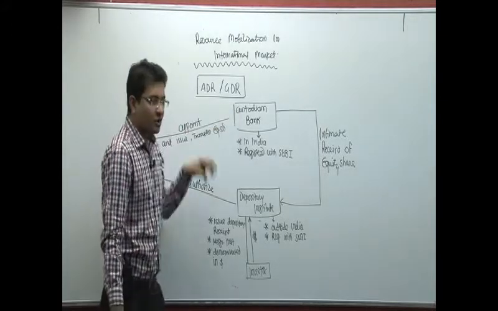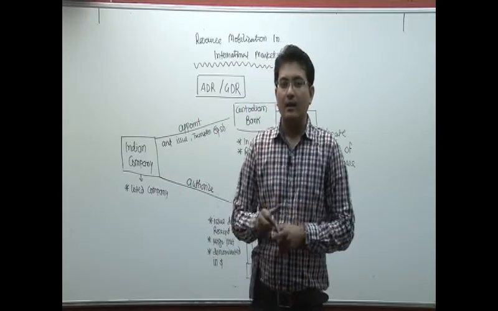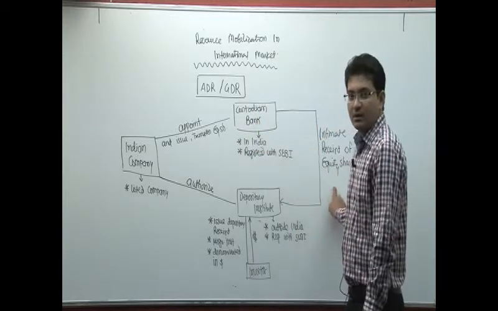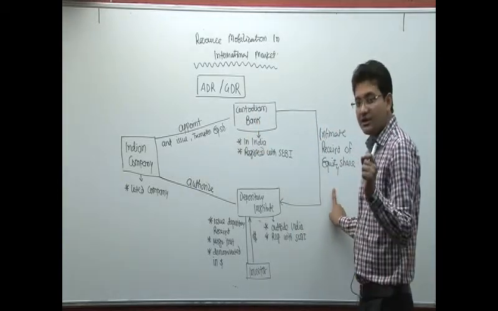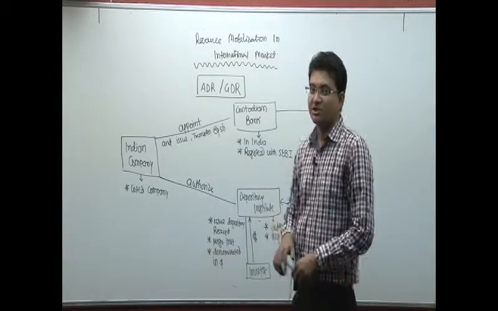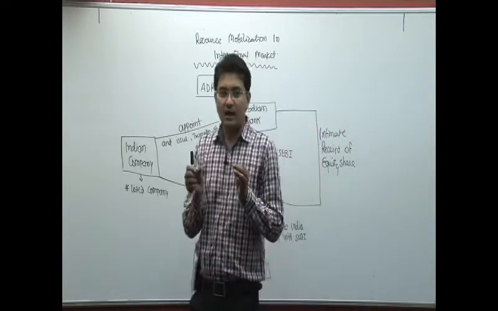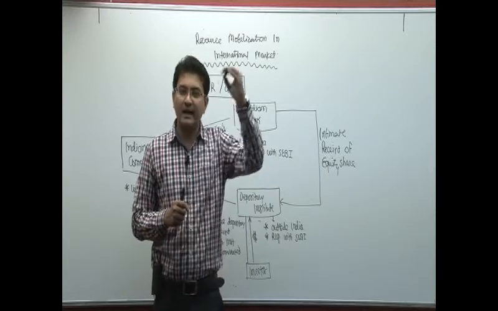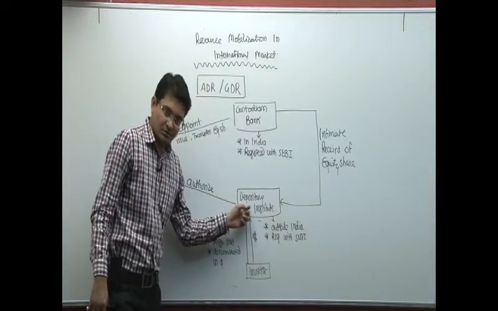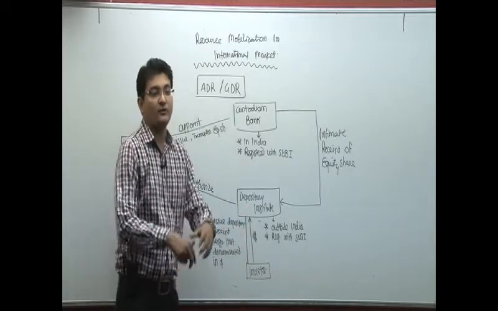Now, on receipt of custody of the equity shares, the custodian bank will intimate the receipt of equity shares to the depository institute. Friends, on receipt of instruction from the custodian bank, the depository institute will invite the investors of other